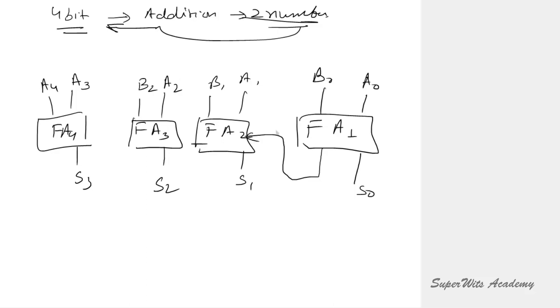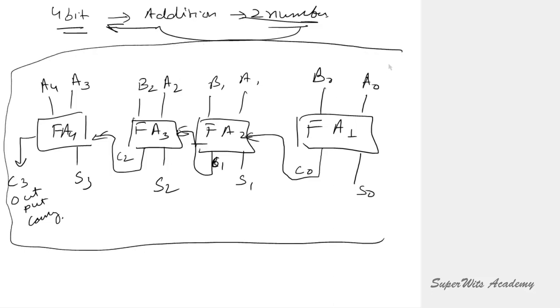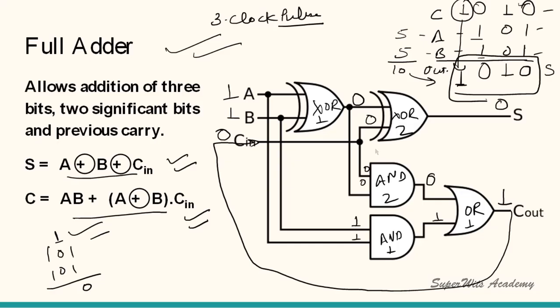and there will be a carry which will be fed to the next full adder, that is C0, C1, C2, and C3 will be an output carry, right? So in this way we actually put a combination of full adders for each bit so that it can cater to the previous carry too, and here also the carry in is given if there is some other circuit in the picture, right? So this is how overall the addition operation is done for a particular digital computer